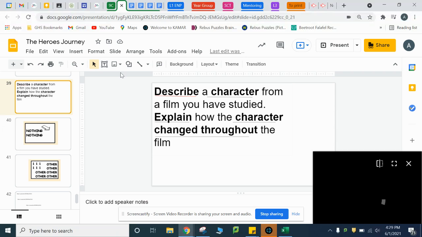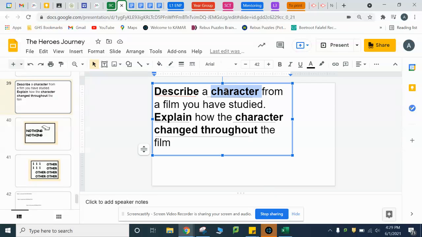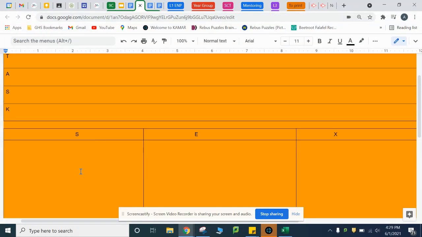What you have got now from your annotations is that you should have some key points that you're going to work on towards your statement. Your statements are going to come from all of the words that you annotated or brainstormed about your character. So, when you're describing them, you now need to choose three characteristics or three character traits of your chosen character or hero, and they become your sentence statements, or the X in the SEXY.